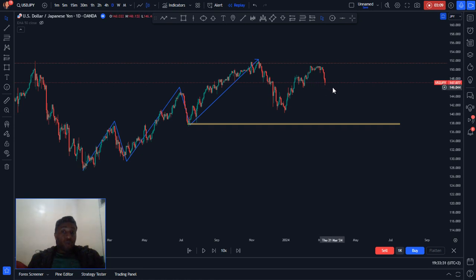So what you need to do is identify the continuation patterns in this. We've just spoken about this. We just need the continuation patterns within the new impulsive phase that is forming up. So that is what I was saying. As you can see here, you could have used this as your continuation pattern. This was going to be slightly difficult because of the momentum that this is moving in. So the best way for you to use this to your advantage is to wait for the market to give you